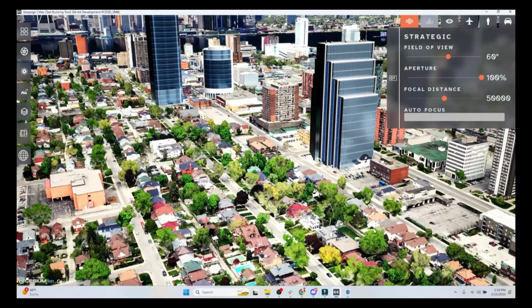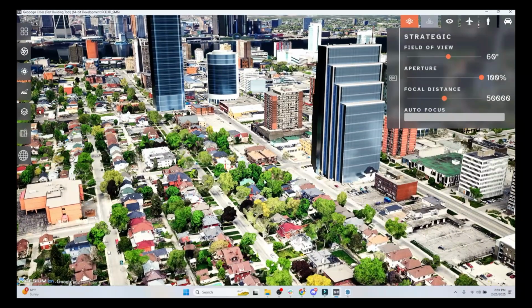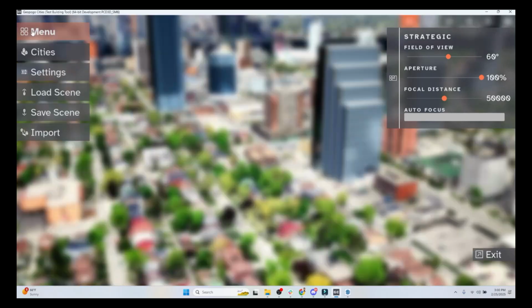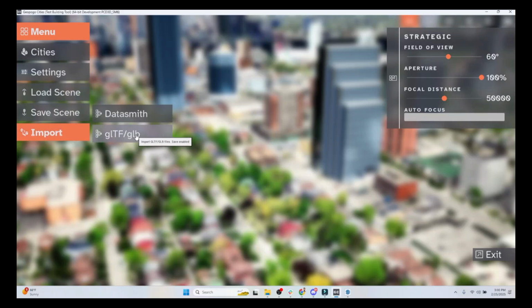Okay, the next thing we can do is we can begin to import models from Autodesk Revit, SketchUp, and other sources such as Maya, 3ds Max, or even Blender. And what we do is we go in and we click on the menu, Import, and we can import our GLB models. Now, we can also import in what's called Datasmith models directly from Revit or SketchUp as well, but